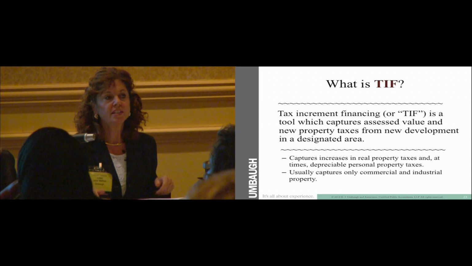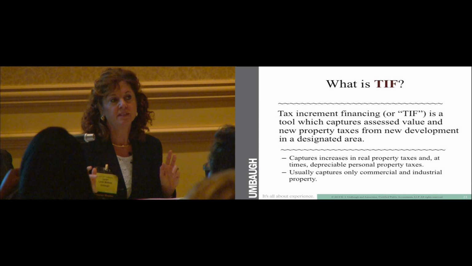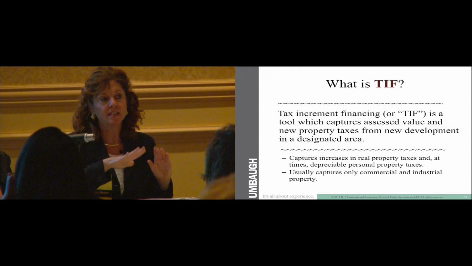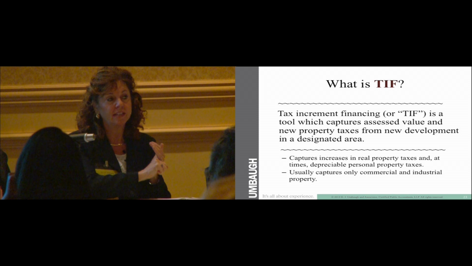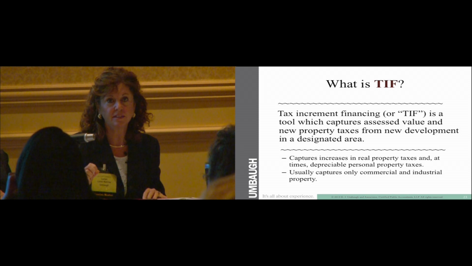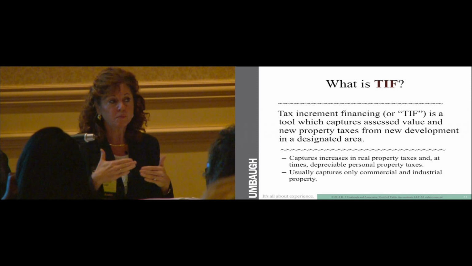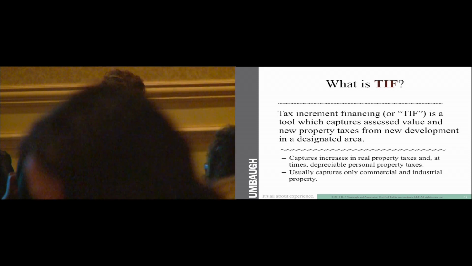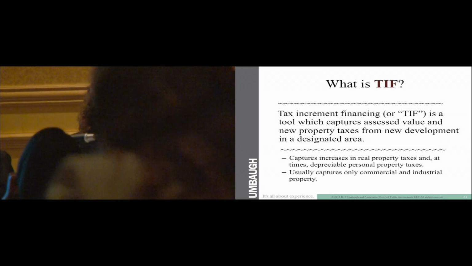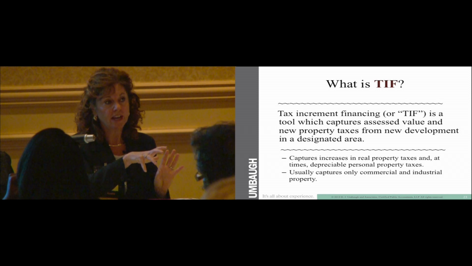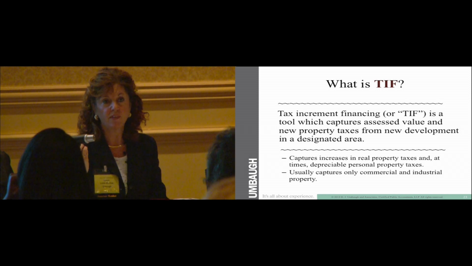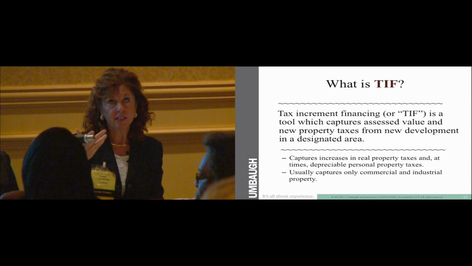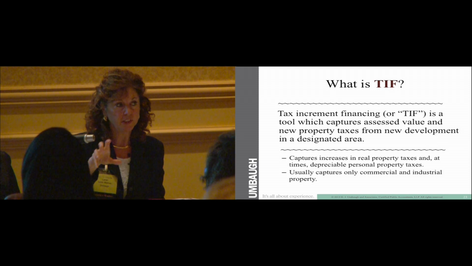One thing that's important is to understand the difference between tax abatement and TIF, although they can both be used. The tax abatement is a phasing in of taxes. There are times where maybe no taxes are paid, and then gradually the company pays more taxes. With tax increment, the company is paying their taxes. If they don't have abatement, they're paying their full taxes. But the difference is that those taxes aren't going into the general tax base. They're put into a separate fund and used for economic development or redevelopment. So it's important to realize that with TIF, the company is paying taxes. They're just being used a certain way.